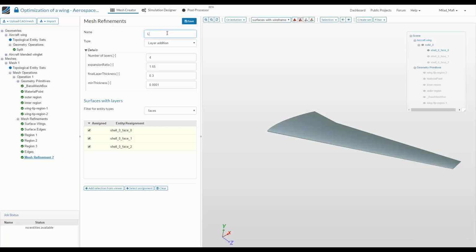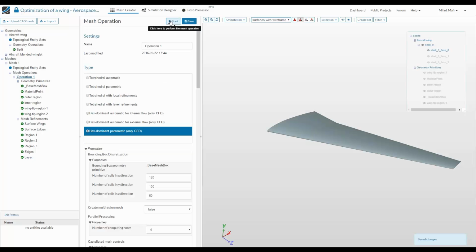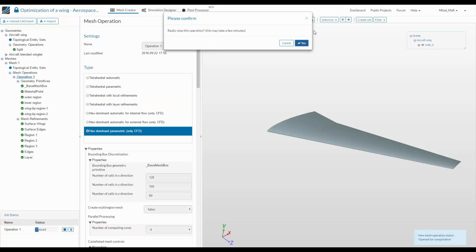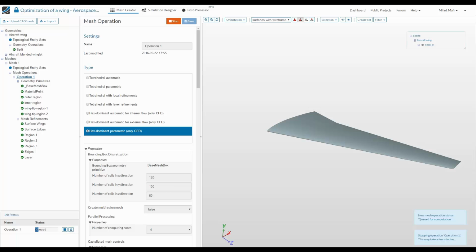The final thing we have to do is to start this meshing process itself by clicking here on the Start Mesh Operation button. Now this operation will be performed in our cloud, which is much faster. And just maybe one thing, you can for sure also cancel a meshing project whenever you want, and you can also choose the number of computing cores you want to use. Since the meshing, even with 30 cores, takes a little bit of time,